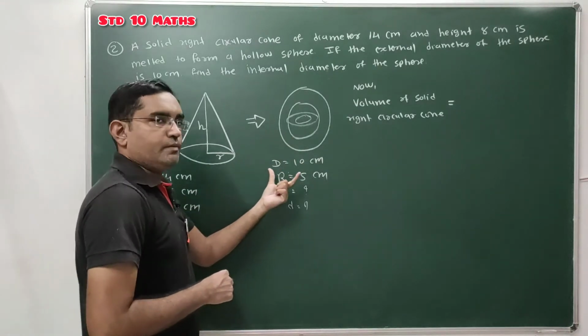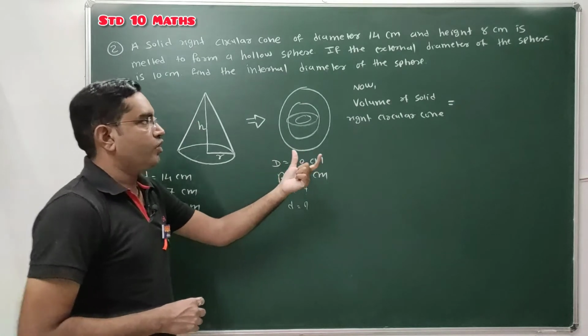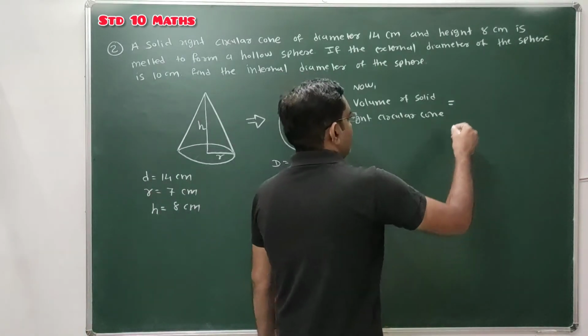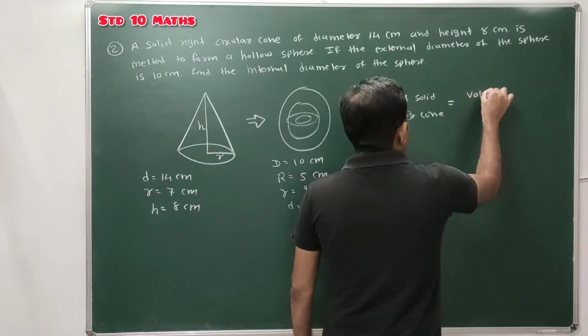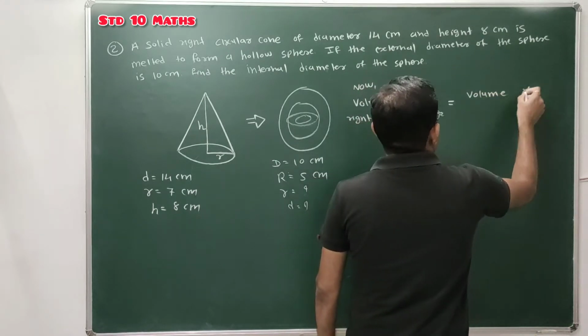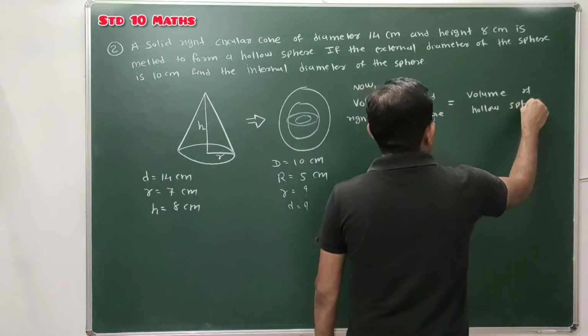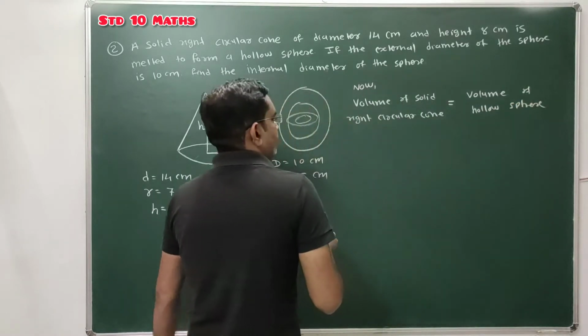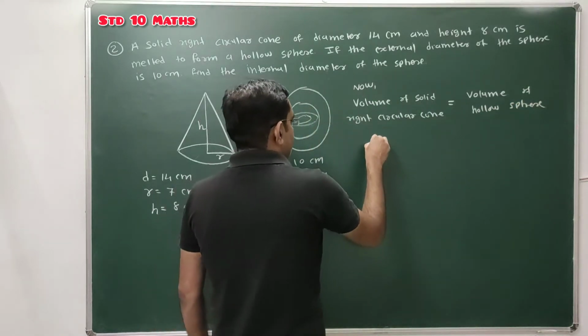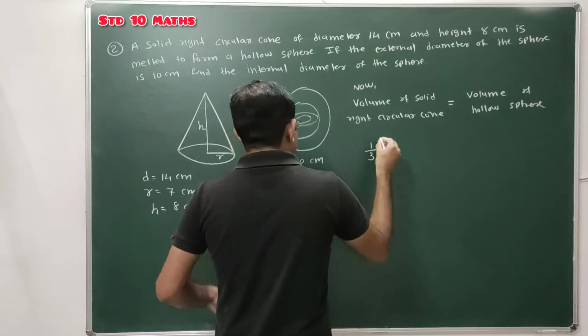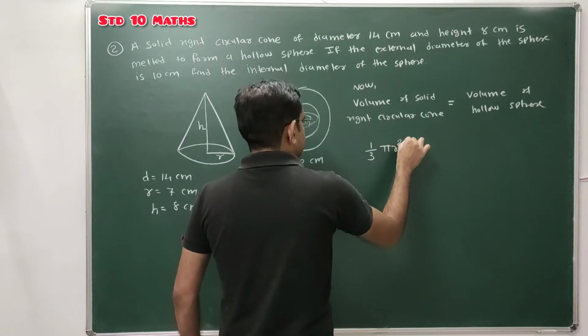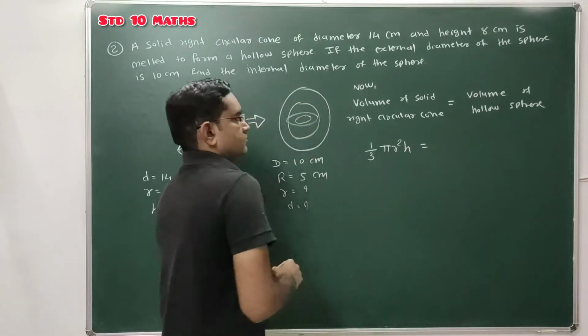So volume of the material will remain same. So volume of solid right circular cone is equal to volume of hollow sphere. Done. So formula, right circular cone is 1 by 3 pi r square h equal to,